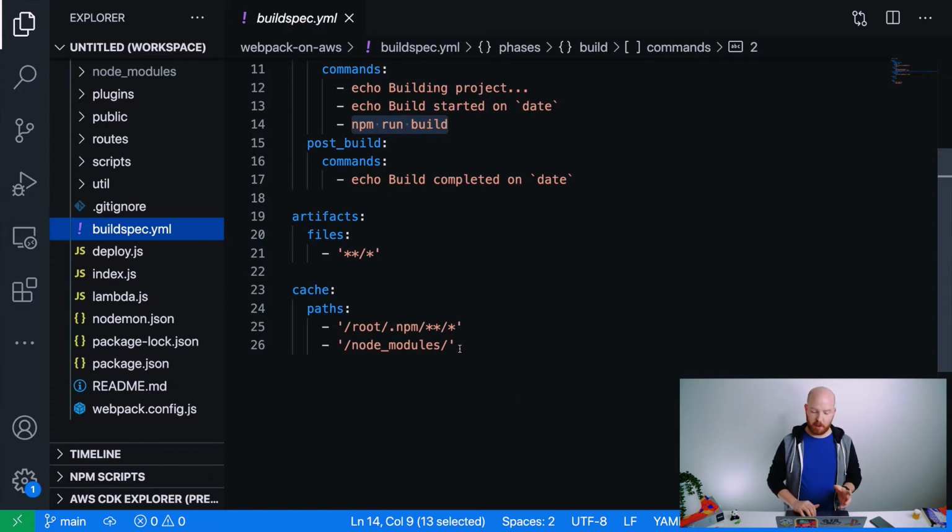With CodeBuild, you can cache things. And so again, sorry to keep repeating, if you saw my last video, you saw that Webpack has a new file system cache that works really well. And so by caching the entire node modules folder here in CodeBuild, it ensures that the Webpack file system cache also gets cached. So subsequent builds of this CodeBuild should be incredibly fast, much faster than it is normally.